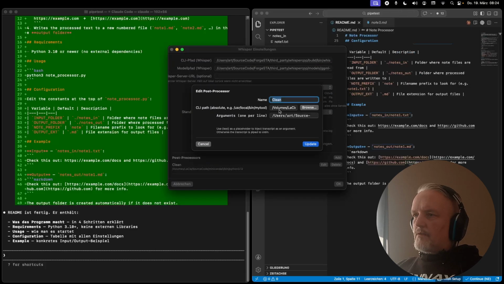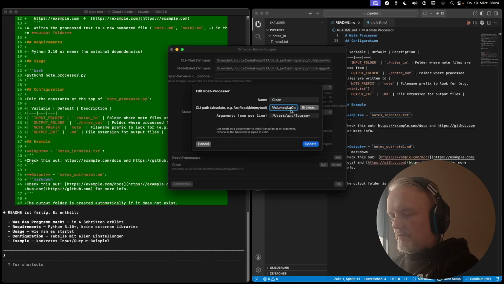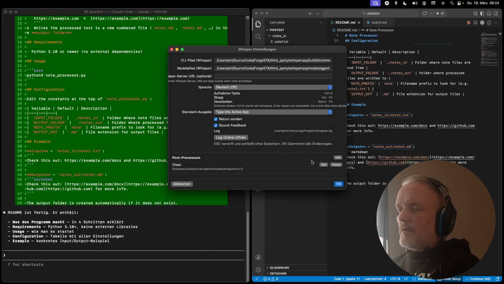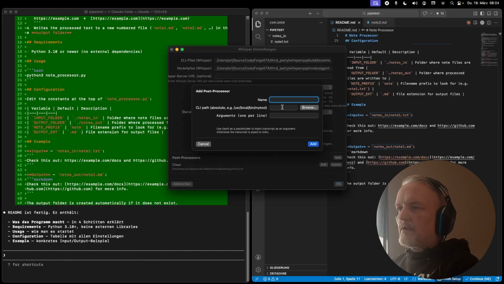Therefore I copy this here, and we can add, I call it pipe test. I put in the Python path, Python 3.12, and the argument line is,